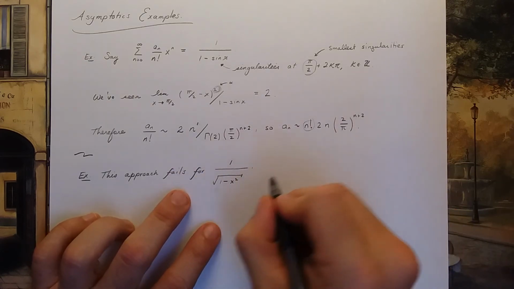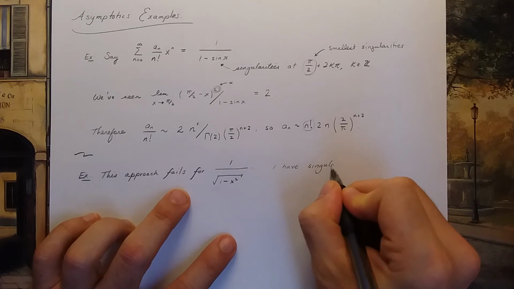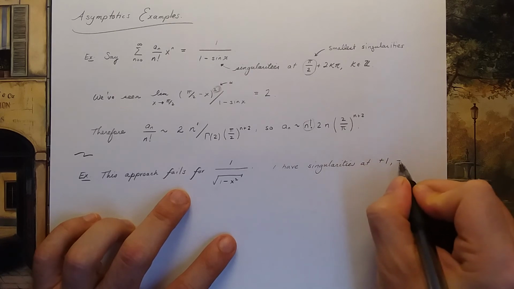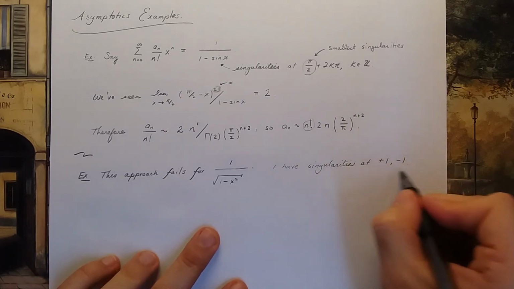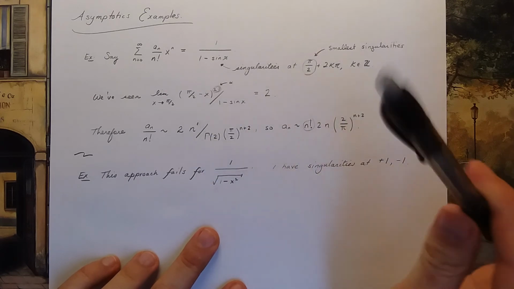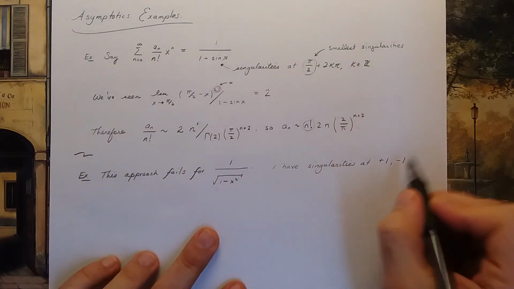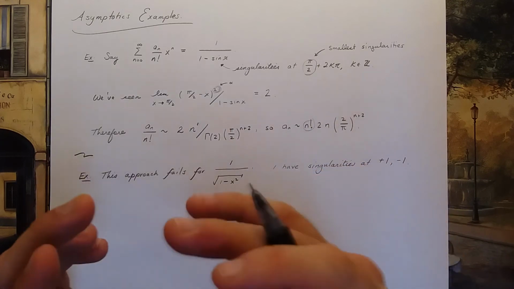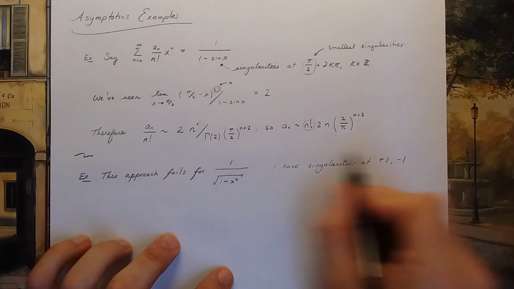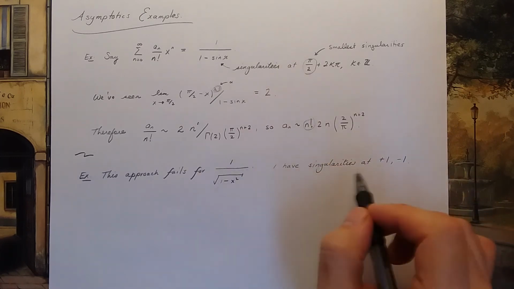However, this approach will not work because I have singularities at both plus 1 and minus 1. Both of these singularities are equally close to 0. So the approach that I've introduced only works if there's a single singularity closest to 0, not if there are two. Now you can still write down analogs of the theorems that we've developed and adapt the procedures that we've seen for this situation. And if you look in the book Generatingfunctionology, there is some discussion about that procedure,